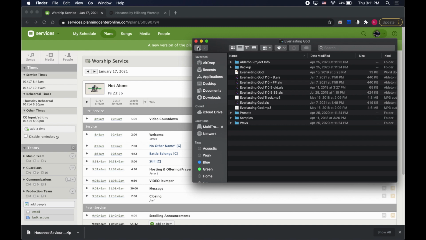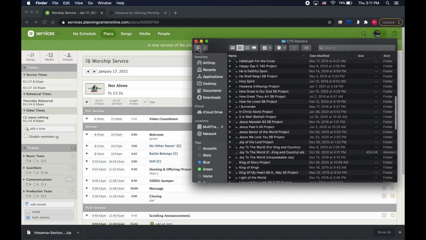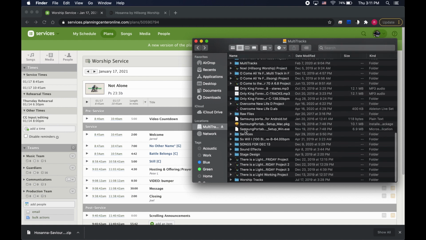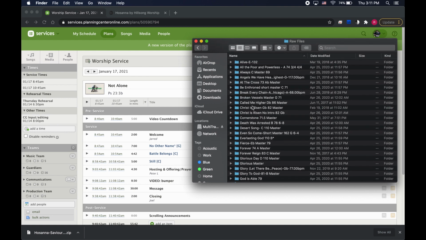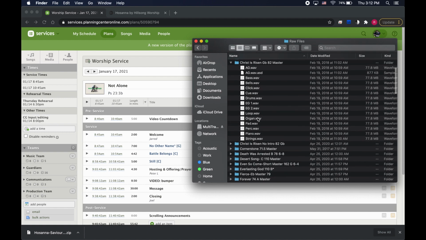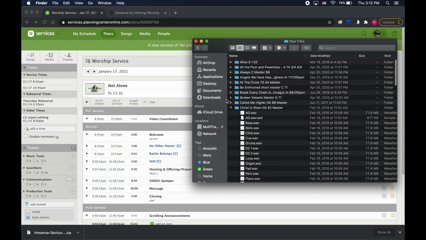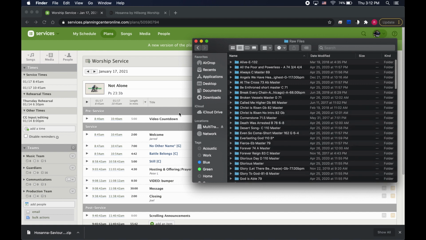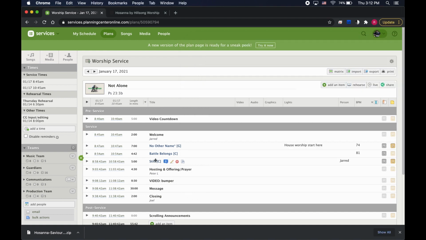So that's kind of how this works. And then if you're making a new song, all the original files live in this raw files folder. You'll notice if I open one of these, it's all WAV files. There's a couple Ableton conversions in there, but for the most part, it should be all WAV files. So we need to obtain this guy,